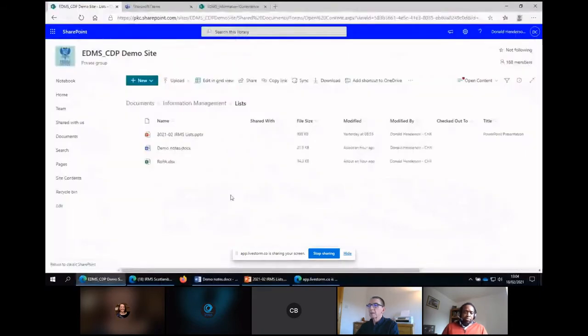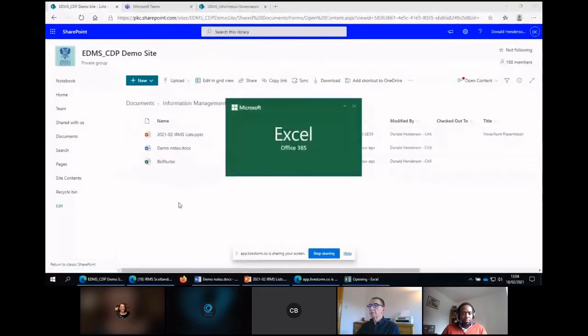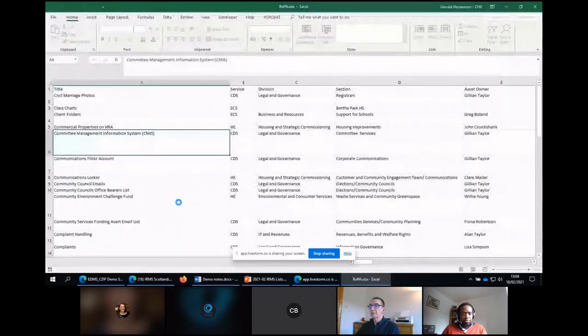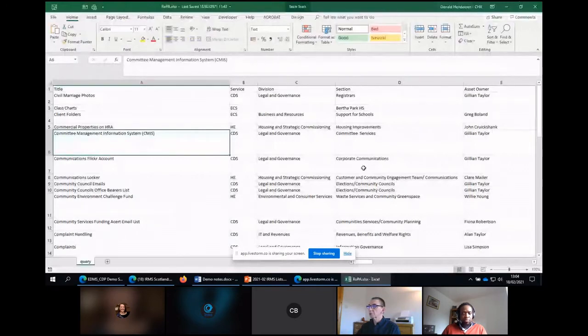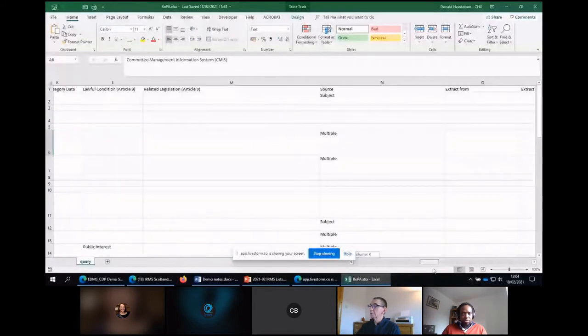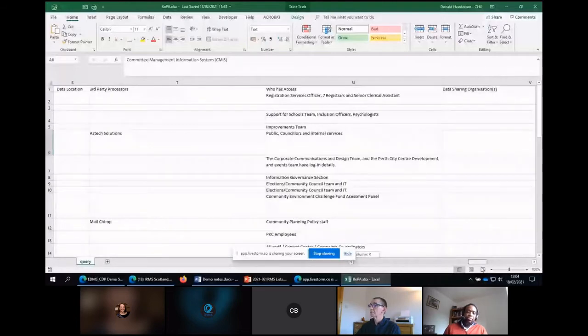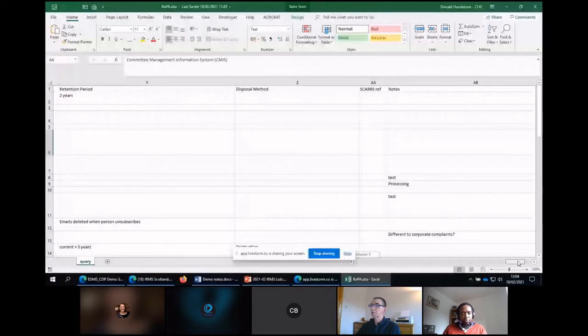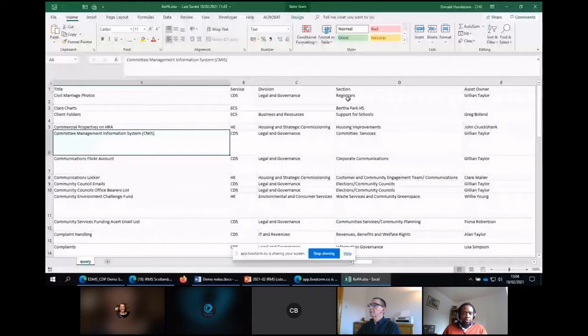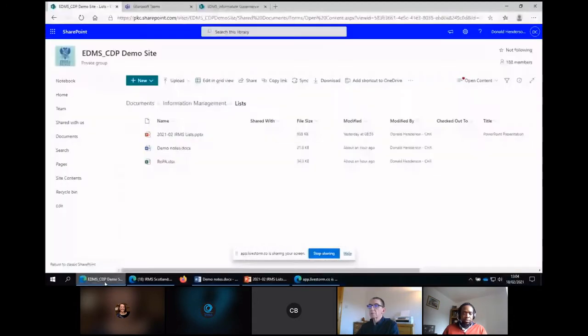So here is a bit of our existing ROPA. It's a spreadsheet, and if I open that, you will see the very boring things that most people have in their register processing activities: title, whereabouts in the council it belongs to, who the owner is, and it goes on, and on, and on, and is a fairly unmanageable spreadsheet. There, it's the last one, column A, B, so 27. So not very pretty, but if we go to